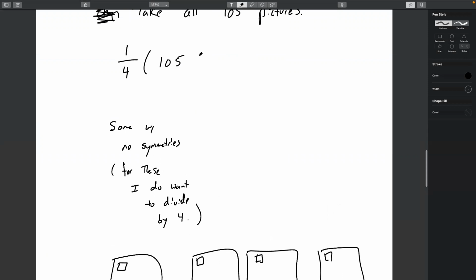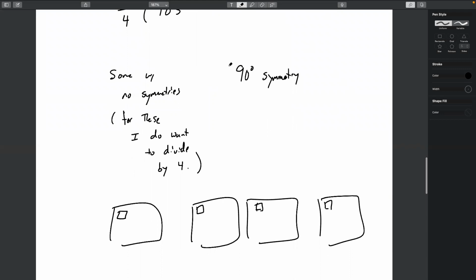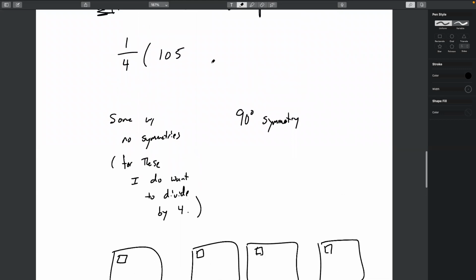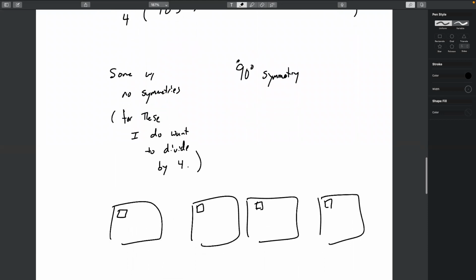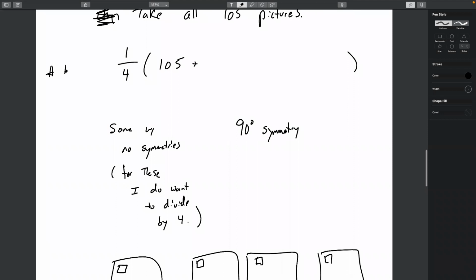But then I'm going to have some that are going to have 90-degree symmetry. So I rotate it by 90 degrees and it stays the same, right? I want all of those to count. But the way that I'm going to think about that, because I don't want to, I'm going to keep this expression going here, okay? The way that I'm going to think about getting these in my formula for the number of tiles